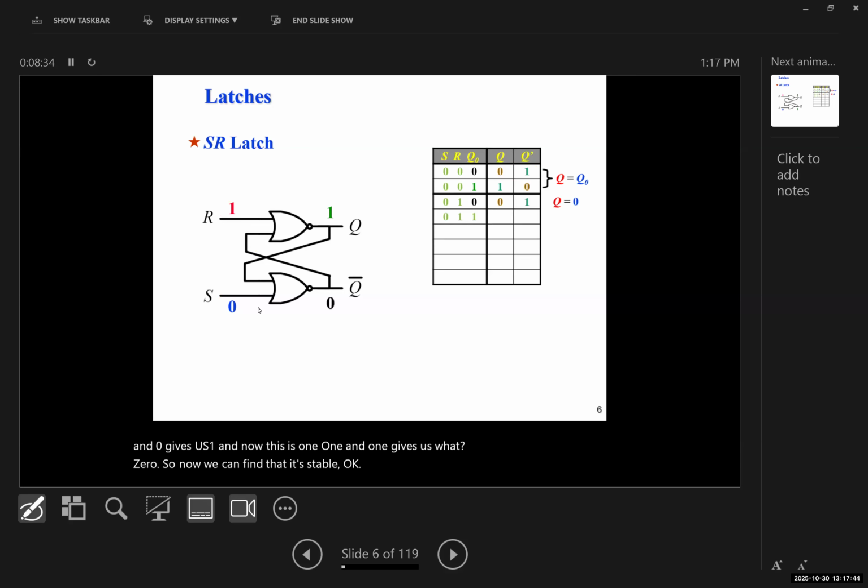Now let's assume that Q0 is now 1. Now 1 and 0 gives us 0, and 0 and 1 gives us what? 0. And then 0 and 0 gives us what? 1. And then 1 and 1 gives us what? 0. So now what I've done, I've flipped them. Okay, now that R and S are 1 and 0 and Q prime are 0 and 1, what if I change,